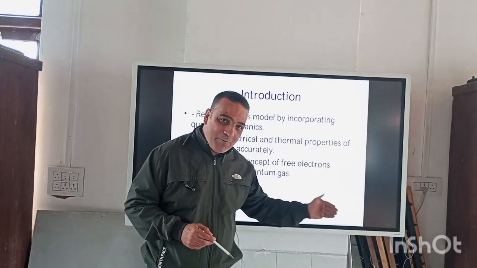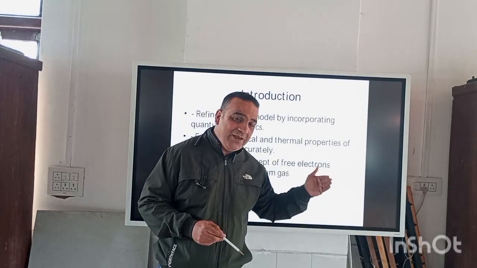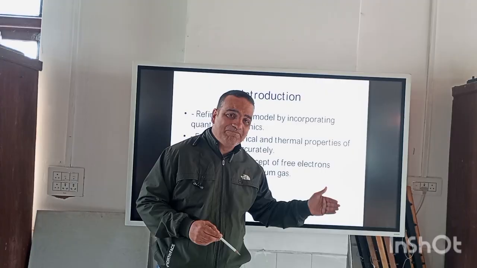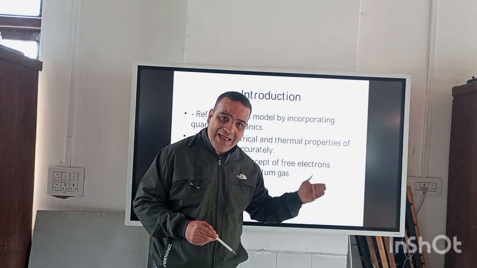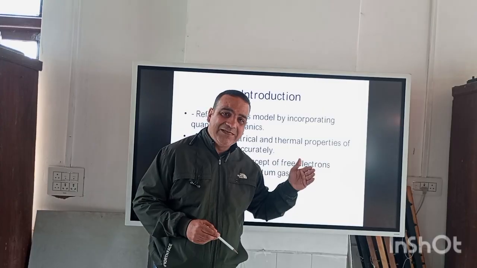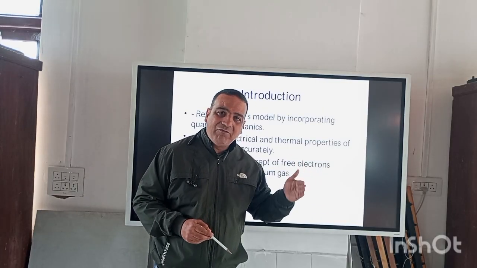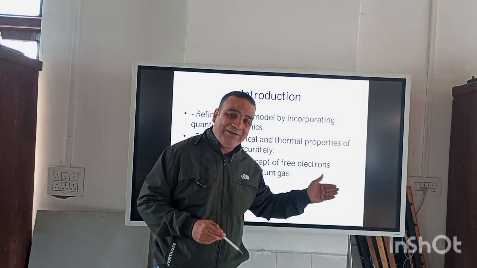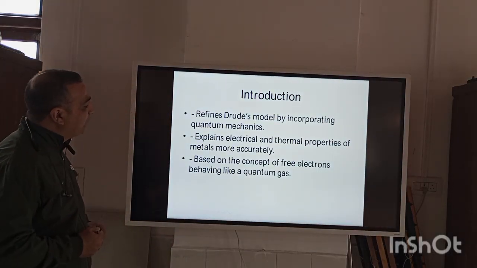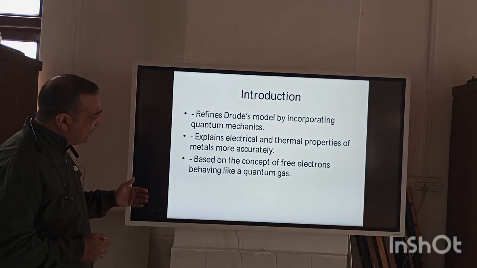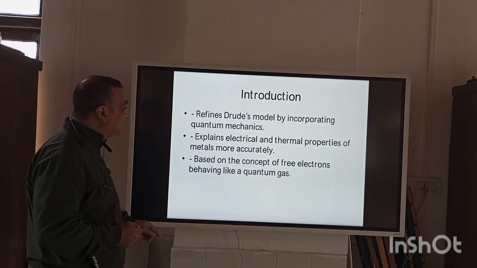If you go back to the Drude model, we are treating our system filled with electrons as an electron gas, but that's a classical electron gas where every electron is treated as a point mass. But here the electron gas is treated as a quantum